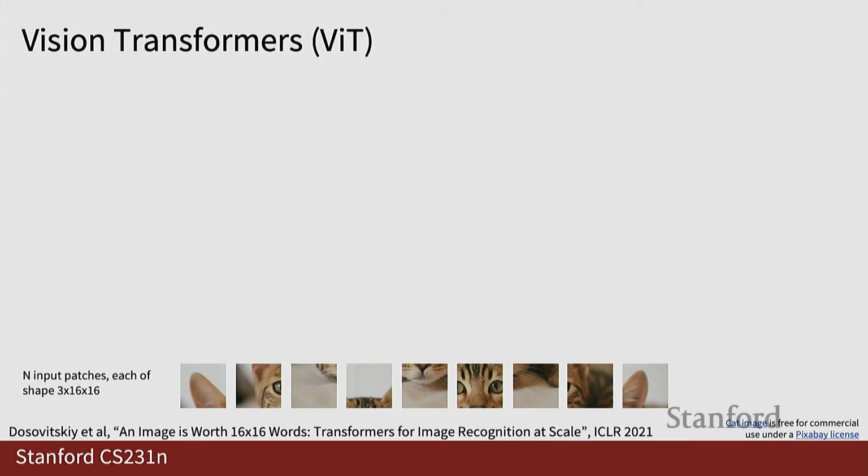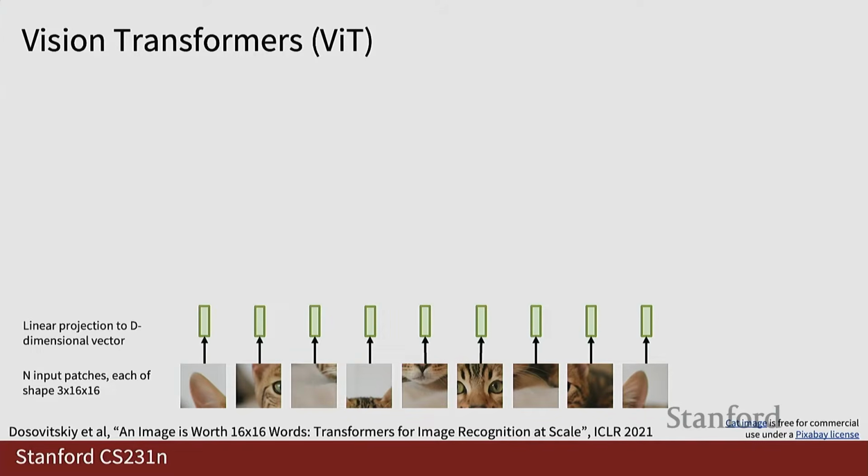And each of those patches is then represented by what we call a token. And tokens are often a linear projection of the reshaped version of the patch into a vector, and it's basically a d-dimensional vector, as you can see in this